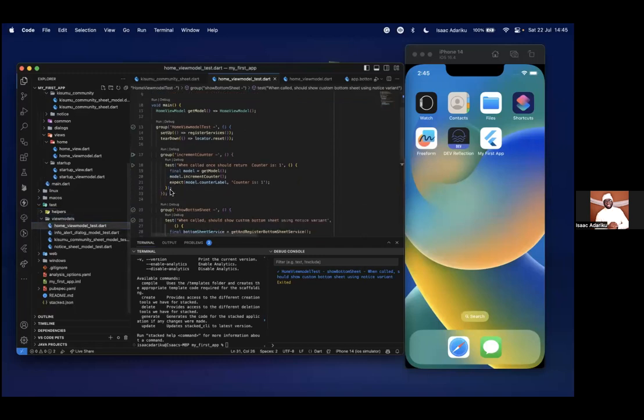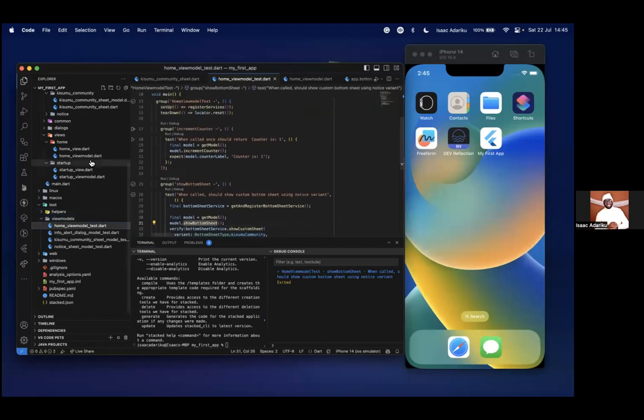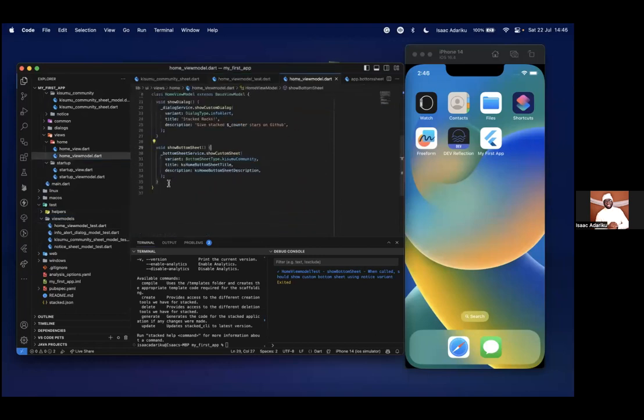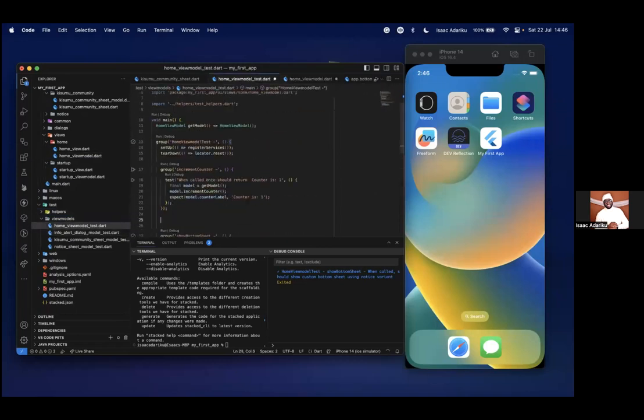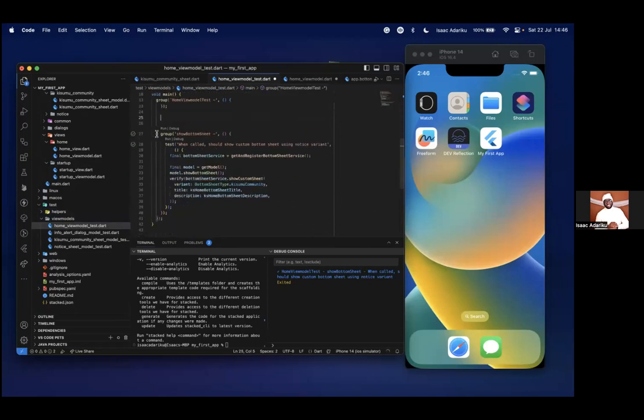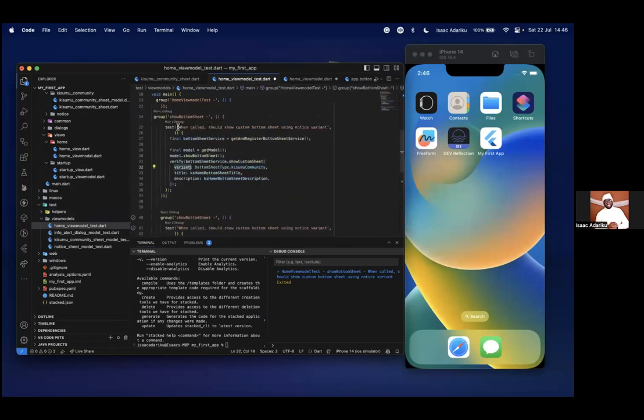So once you have this code, probably I want to call a new bottom sheet here. I want to write a new function. Before I write this function, I should come here. Maybe this is a separate group. I write this group which shows the bottom sheet, and also I just write a test that fails. So let me make a quick example. So when called, it should show the bottom sheet using the custom function.